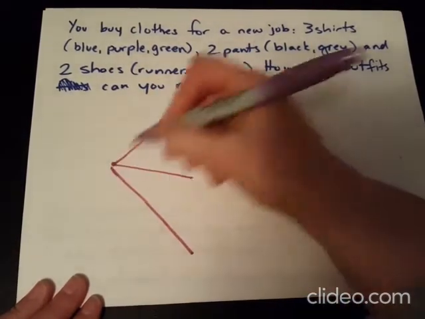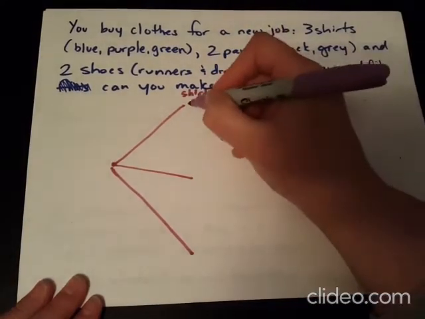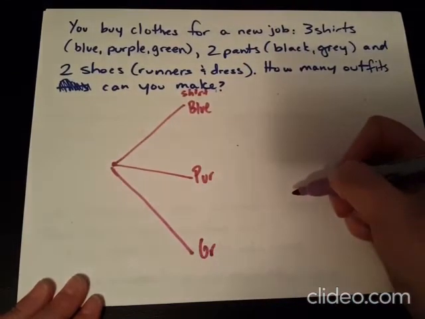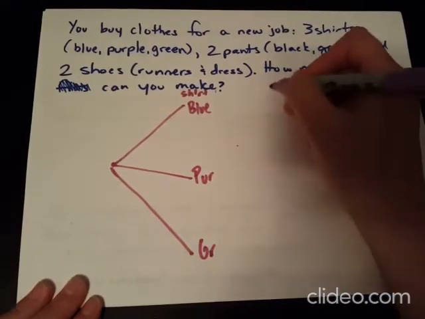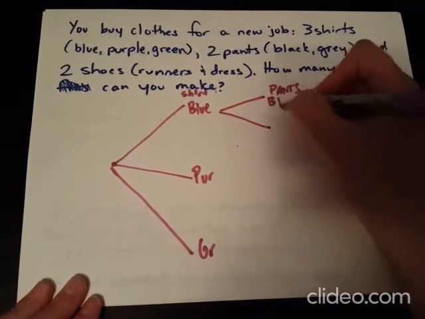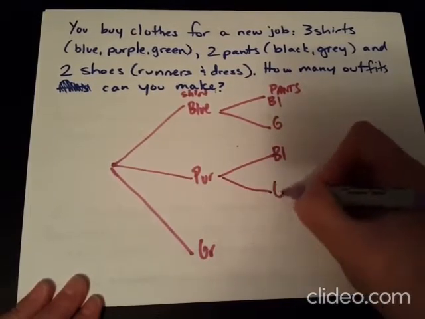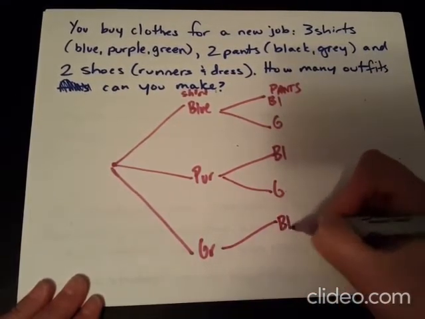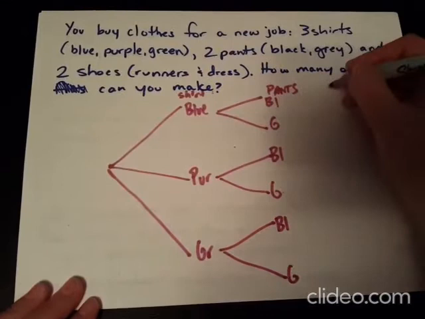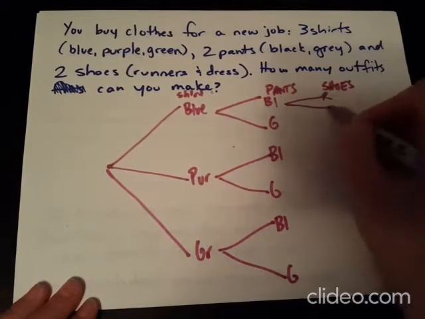go through that process of, hey, event 1 is I'm going to put on a shirt. Which shirt am I going to put on? I could put on my blue one, my purple one, or my green one. After I put on a shirt, I better put on some pants. So if I had my blue shirt, I could either put on my black pants or my gray pants. With my purple shirt, I could get my black pants or my gray pants. And with my green shirt, I could wear my black pants or my green pants. And then finally, I could decide between the 2 options that I have for shoes. So I could wear runners or dress